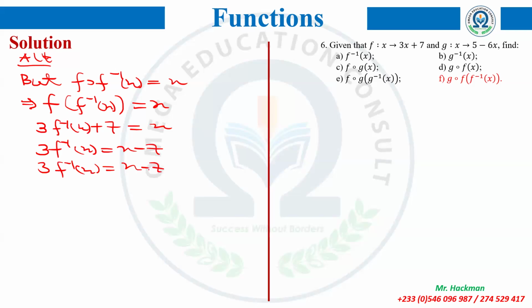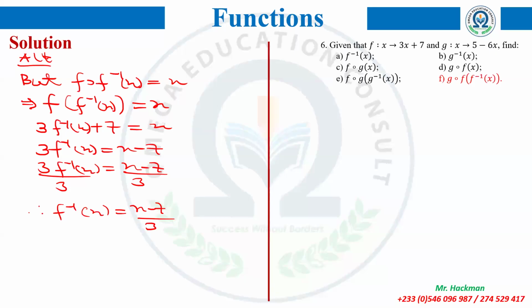So x minus 7, then over 3. So I can say that therefore my f inverse of x is equal to x minus 7 over 3. Is it the same result that we had going our usual route? Yes, please. So you can see that we can make use of the concept of